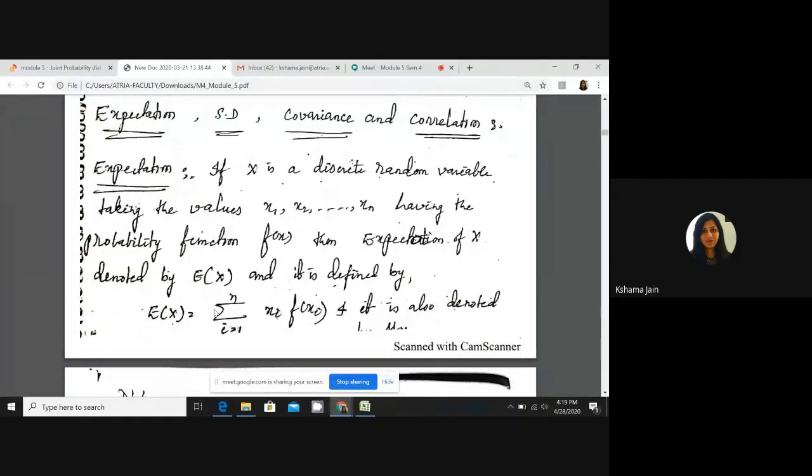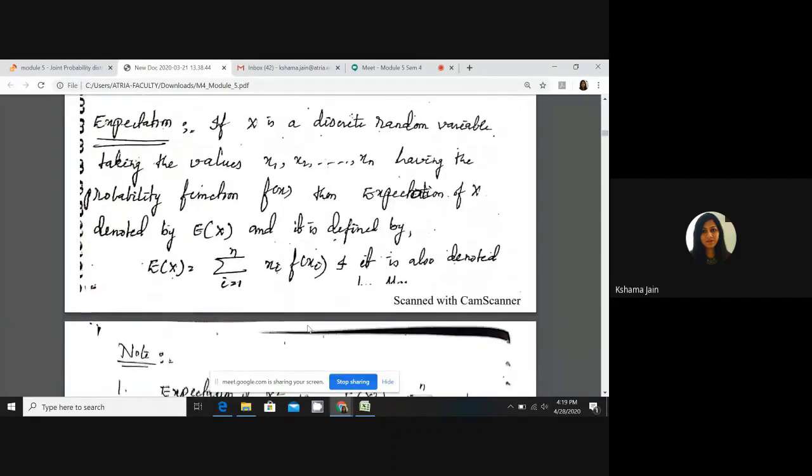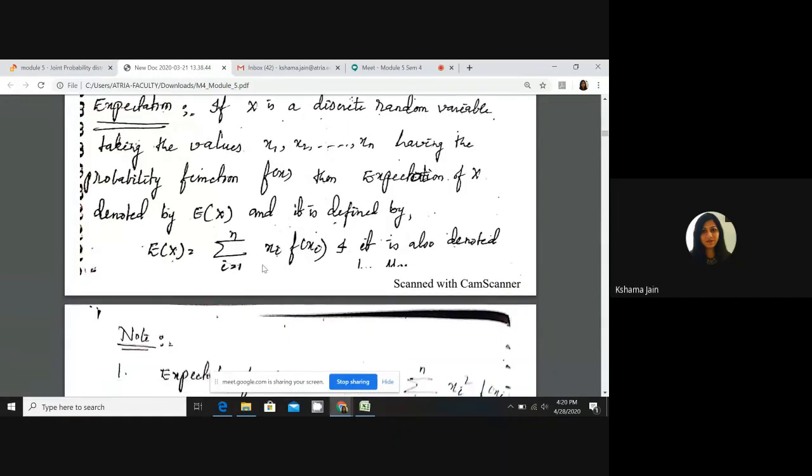E(X) is equal to the sum of xi into f(xi). For now, you just read the formulas. I will tell you after taking the problem, it will be clear what is x, what is f(x), and how to take the summation. See, for each x we will have its marginal distribution, that is called f(xi). Multiply them, or in general language, the probability of a particular data. When you add them all, that will be the expectation of X.